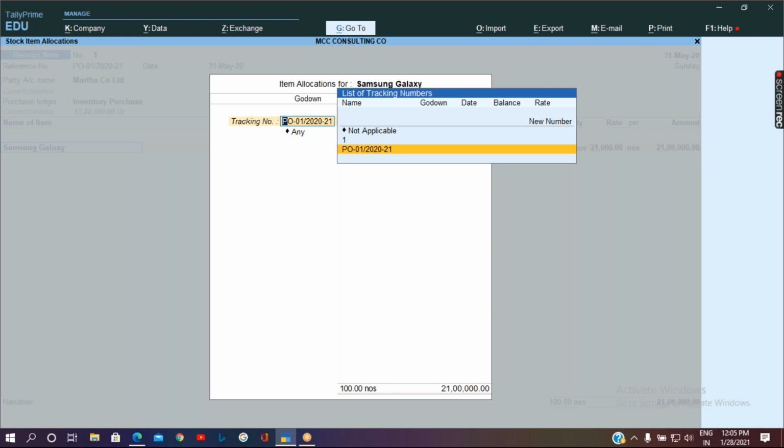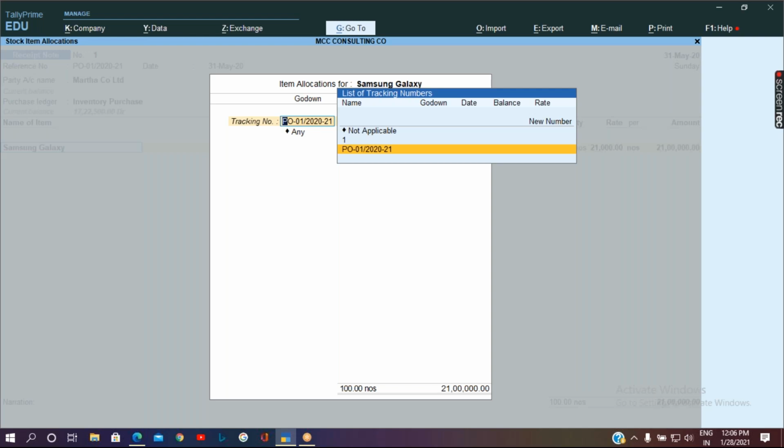Now, from the receipt note entry onwards, that is the physical movement of goods till the purchase invoice, we have to link it through the tracking number. When you use the tracking number, you'll get to know how many goods you have received physically, how many goods have been sent back or rejected, and for how much quantity the bill has been raised.